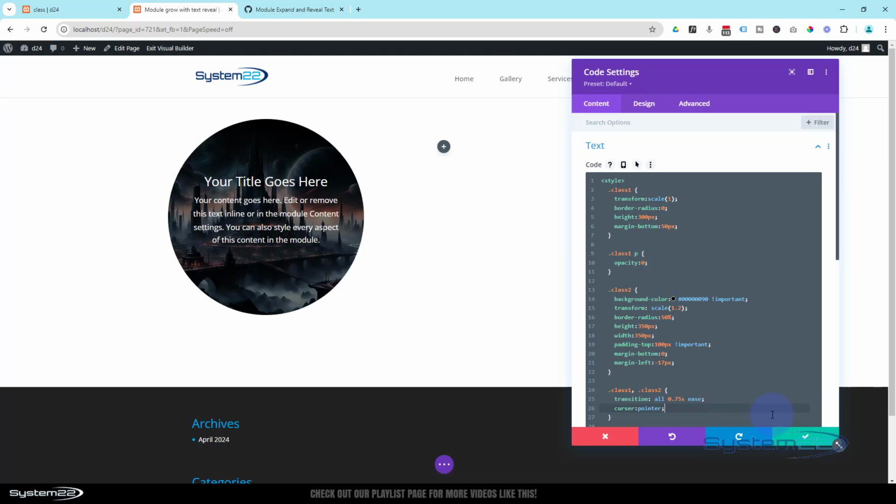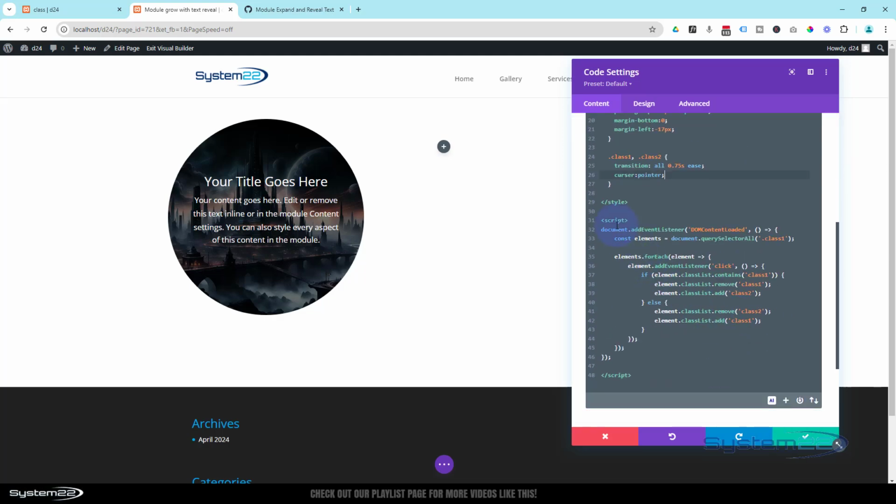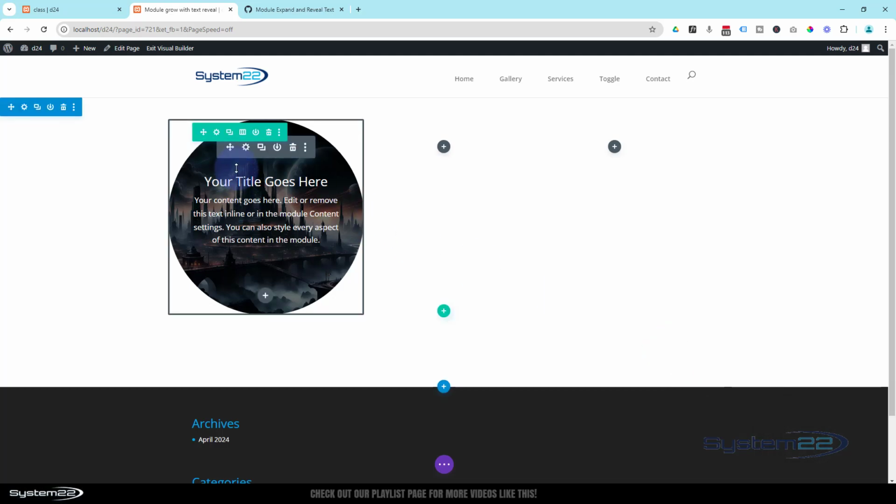Great. Well, let's save that. We've already got our JavaScript in place here. And like I mentioned earlier, it's going to flip from one to the other. If it's on that one, it's going to flip back to the first one. So let's change this class back to class 1 because that's what I want to see initially, that little square